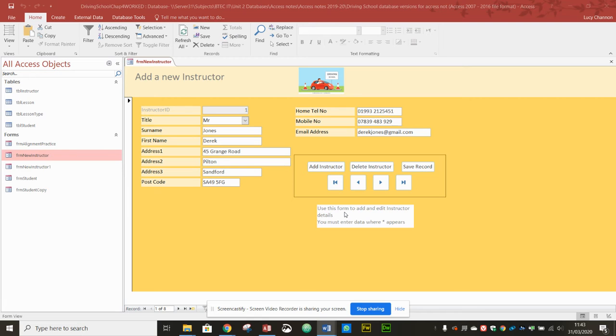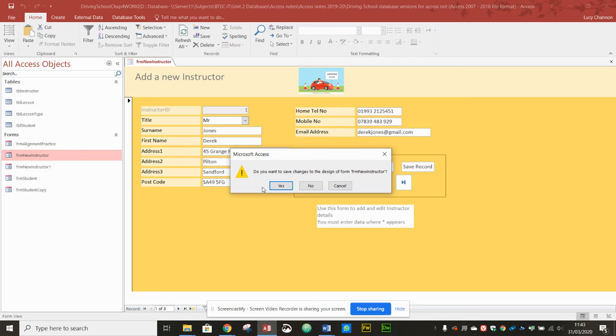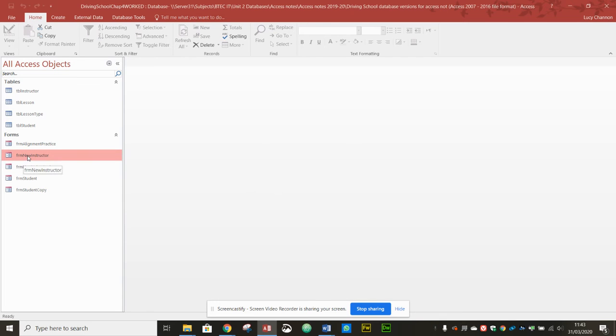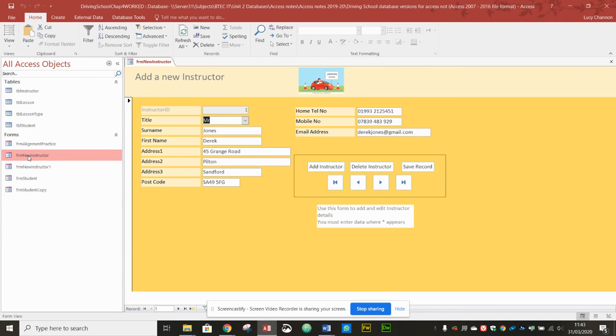So the next skill that we're going to learn is how to make a form ready for data entry. If I just close this form for a second and then reopen it, you'll see that when it opens, it's already got some data in. What I'm going to do is make it so there's no data showing, so we can directly enter a new